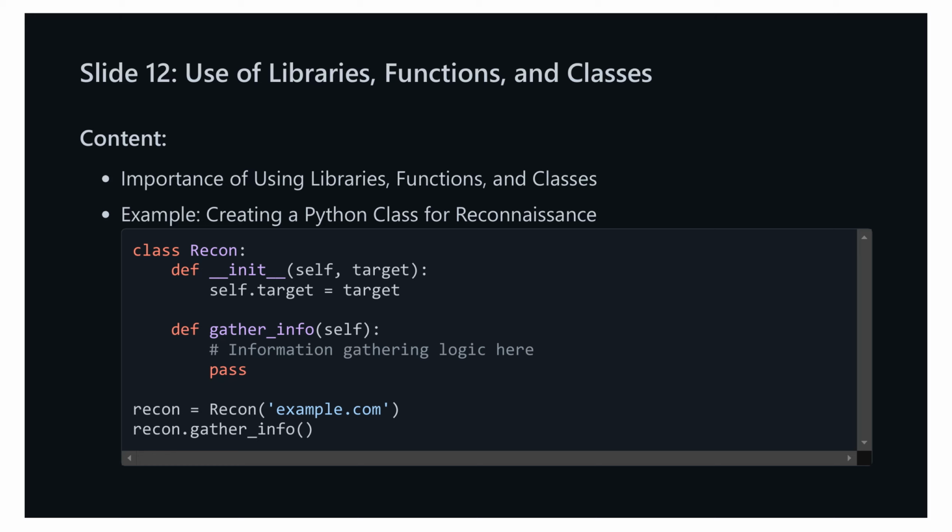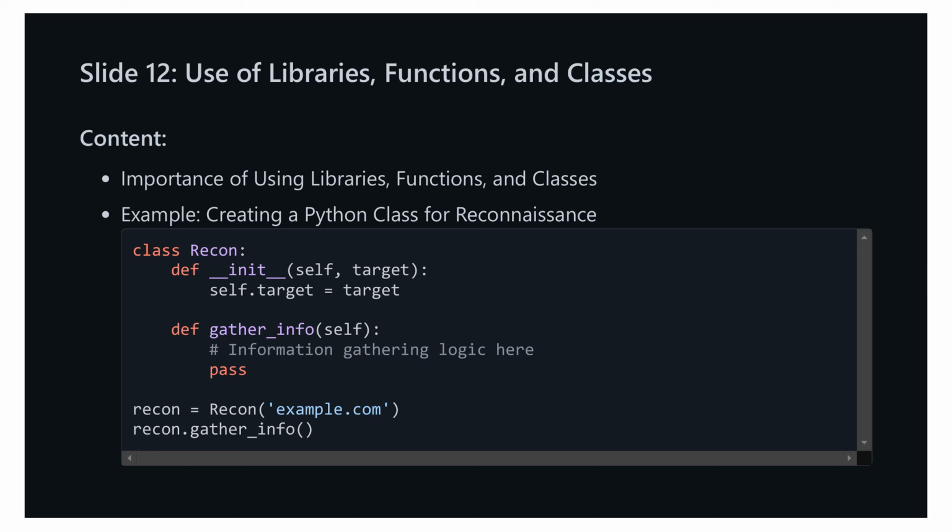To illustrate, let's consider the task of creating a Python class for reconnaissance purposes. Here I've created a simple recon class. This class has an init method that initializes the object with a target attribute and a method named gatherInfo that is intended to hold the logic for information gathering. class Recon: def __init__(self, target): self.target = target; def gatherInfo(self): # information gathering logic here pass; recon = Recon("example.com"); recon.gatherInfo()